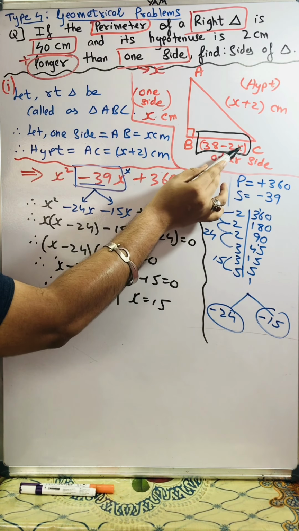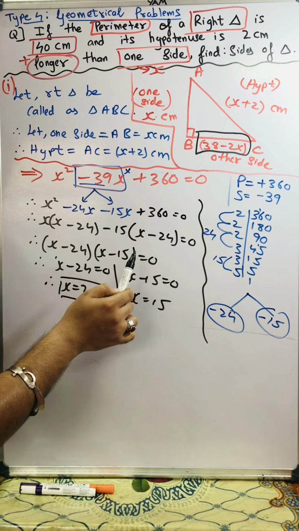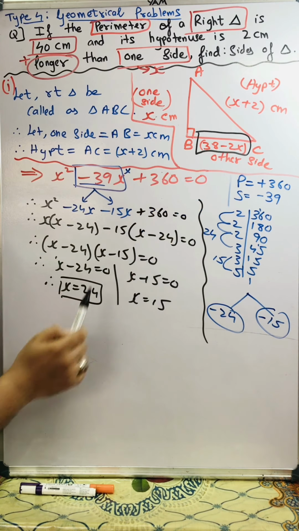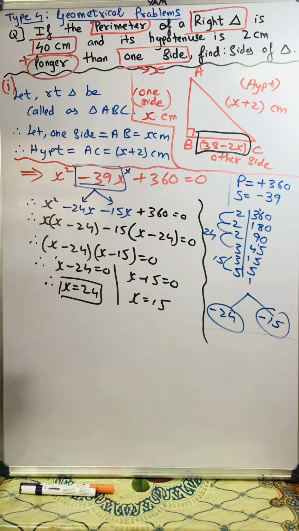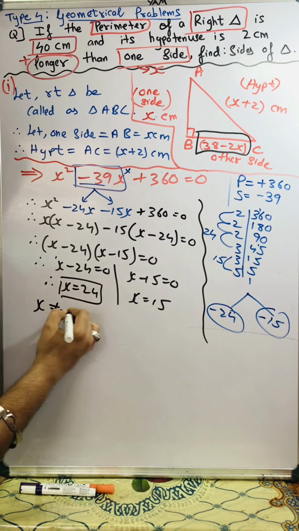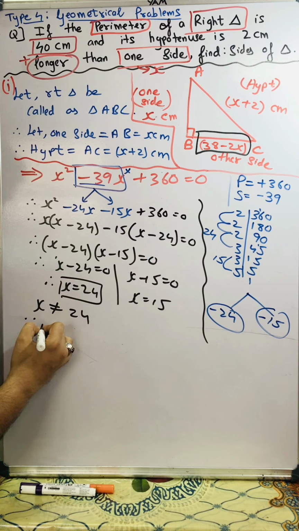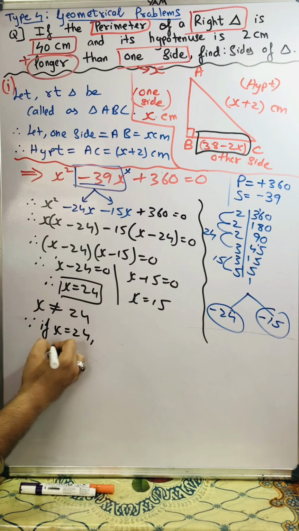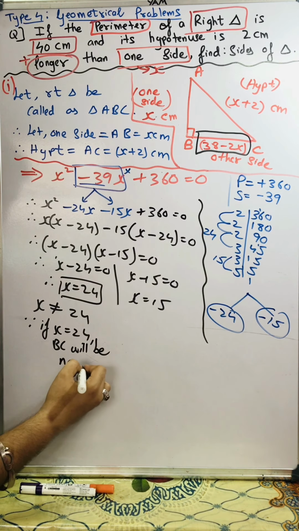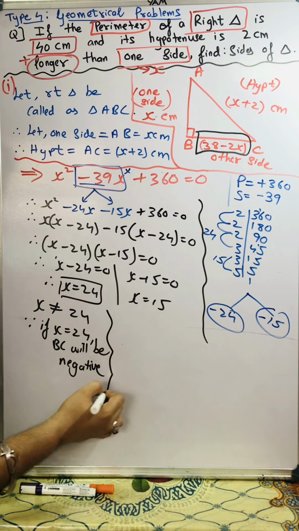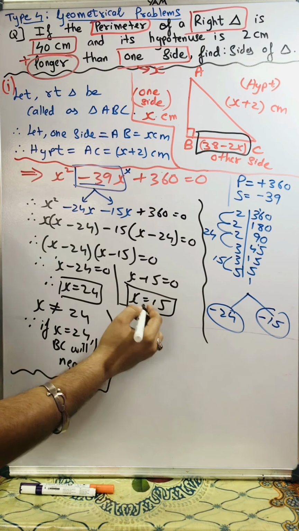So if at all I take this value of x as 24, so that 24 value of x will be substituted at the place of this x. So 2 is multiplied with x. So 2 now will be multiplied with 24. 2 24s is 48, and 38 minus 48 will give you minus 10, and side of any triangle cannot be negative. Okay, so we will say x cannot be equal to 24. The reason is because if x equal to 24, BC will be negative. It's important to write the reason over here. BC will be negative. Okay, so that means we'll consider x is equal to 15.